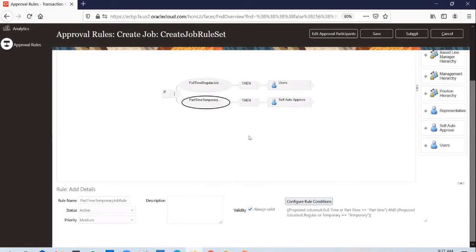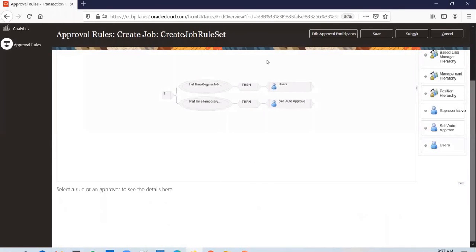In fact, if you don't handle it, the expectation is that as a developer, you need to handle all possible combinations here. So you need to write rules in such a way that there will be at least one rule which becomes true for all the possible use cases. If you write a rule which will take care of only a subset, like let's say you just have this rule and you don't have this rule, and someone sends in a request with part-time temporary, it gets stuck. You enabled approvals, but you didn't write a rule here.